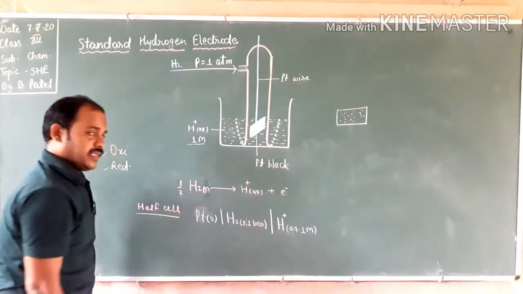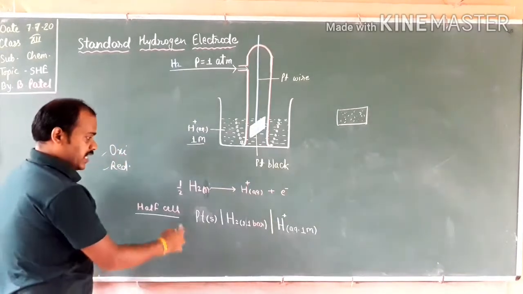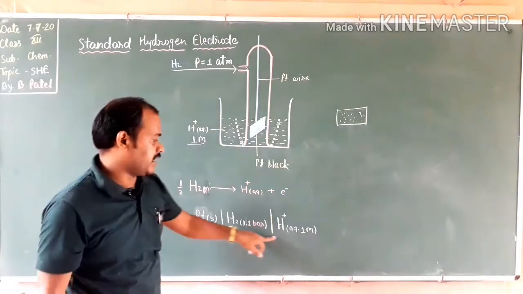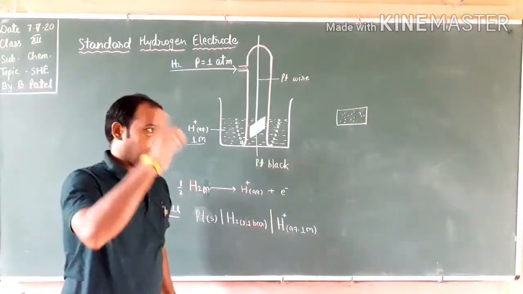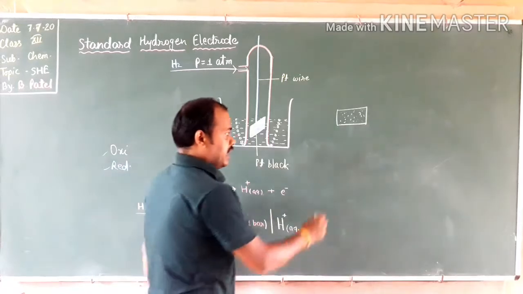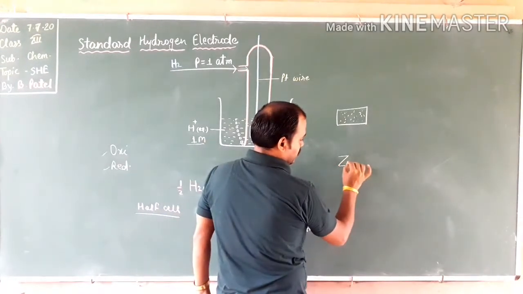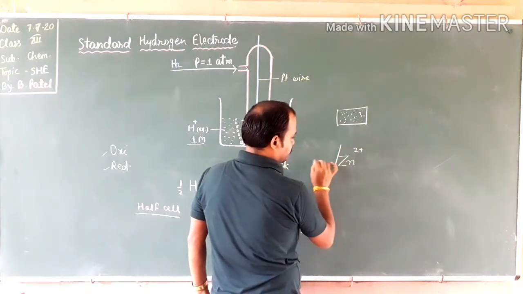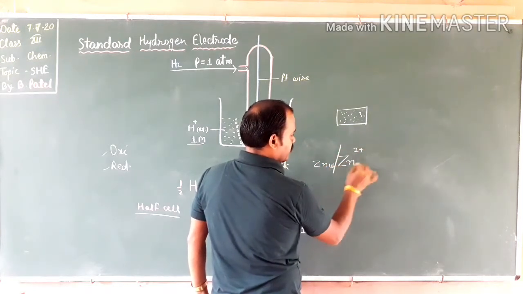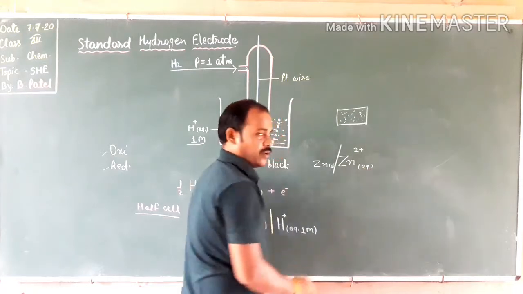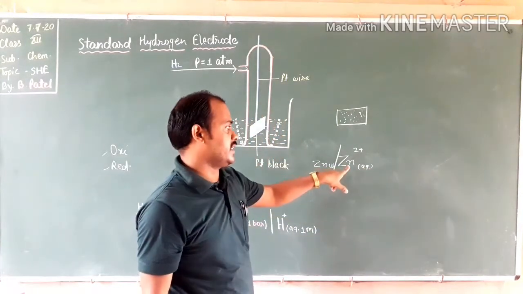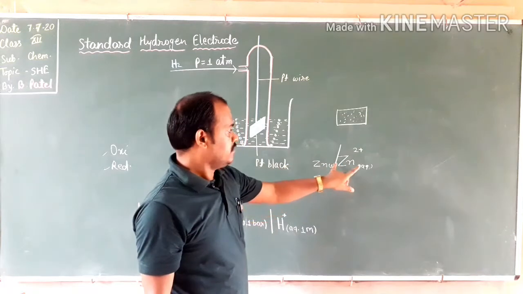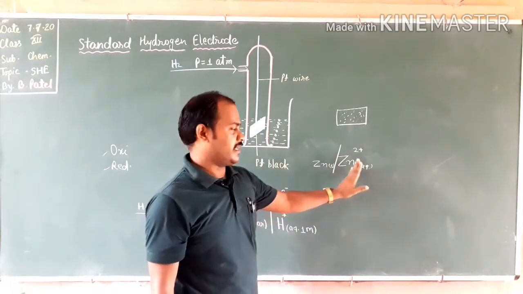Now how will we represent it? If the oxidation reaction is taking place, then this will be the representation of this half cell. Earlier in the Daniell cell, I told you how we represent the anode like this. This is the representation of the anode. Zinc solid is converting into Zn2 plus aqueous. So in this oblique sign, the left side is the reactant and the right side is the product.